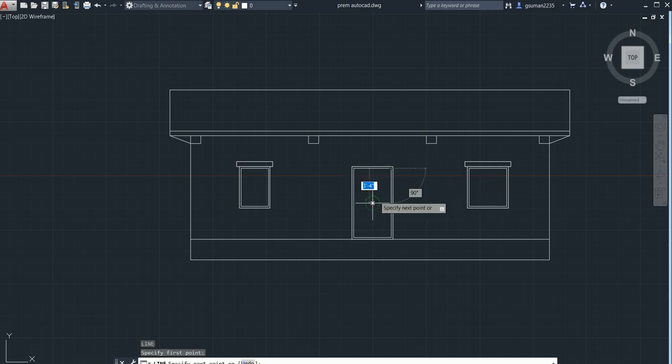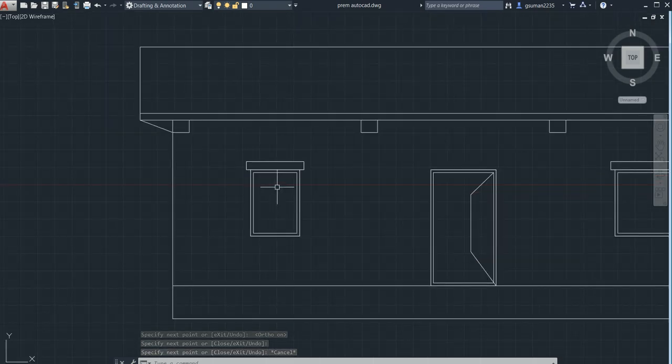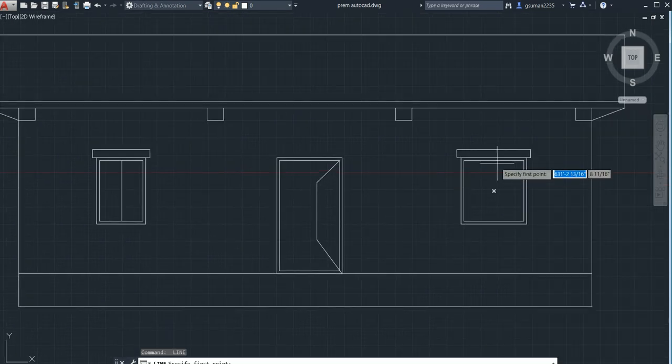Function key should be off, means ortho should be off. Now turn on your ortho, corner point, see, this is your door. You can modify your door also, go for the line command, middle, click it, escape it, same thing. Like this also you can draw your door.